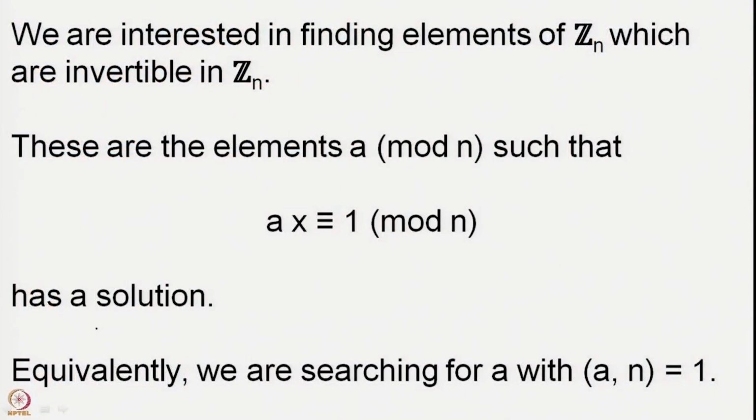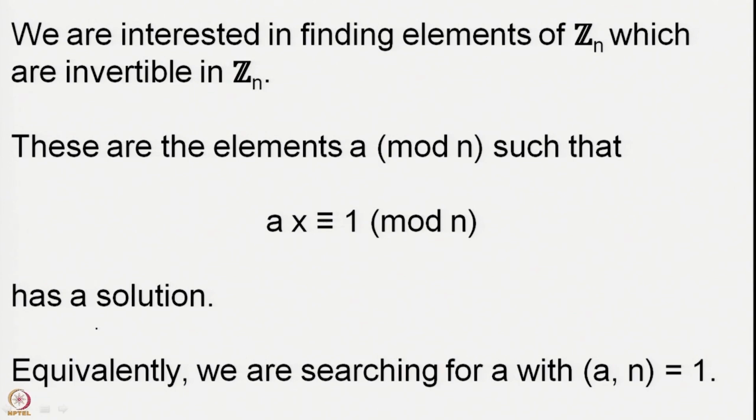Now, linear congruence is something that we are trained so well in that even if I wake you up in your sleep, you should be able to give me the condition for the existence of a solution here. You should be able to tell me right away that the GCD of a and n divides 1. Now, the GCD of a and n dividing 1 in natural numbers will tell you that the GCD must be equal to 1. So these are all the elements a with the property that the GCD of a and n is 1.